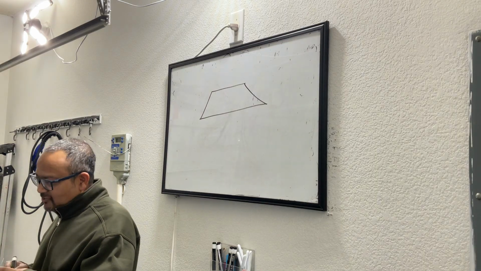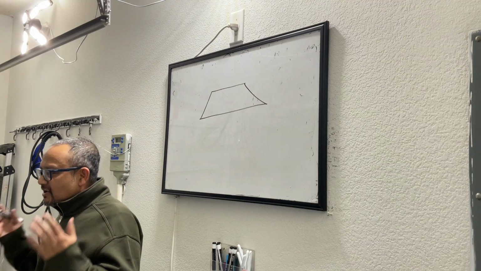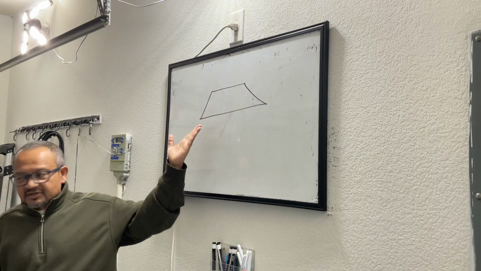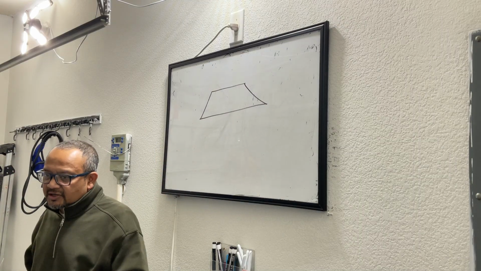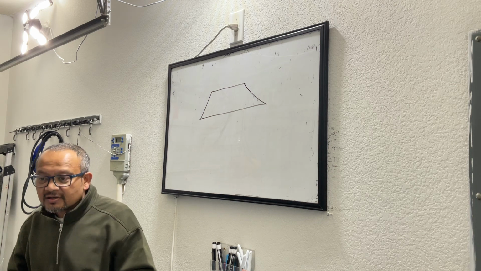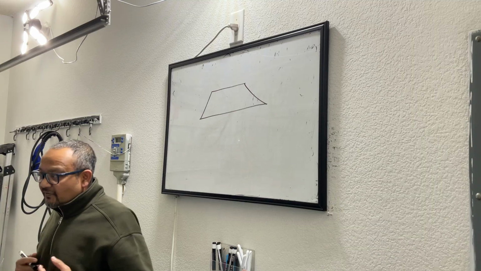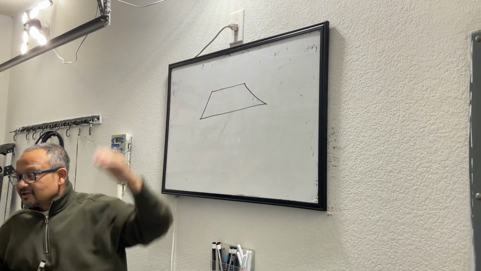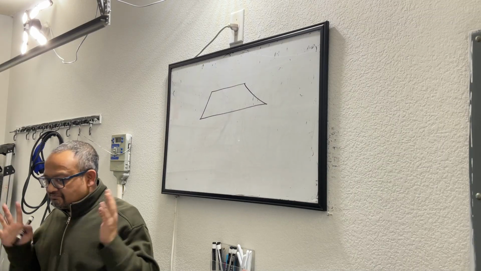Trapezoid and trapezium are two names that you can give to this shape. There is no difference between trapezoid and trapezium. You can use either of the terms. In the UK, they call it trapezium. Okay, so here's information that I was not aware of. What Asha is saying is that in the UK they call it trapezium, in the US we call it trapezoid. Good information.